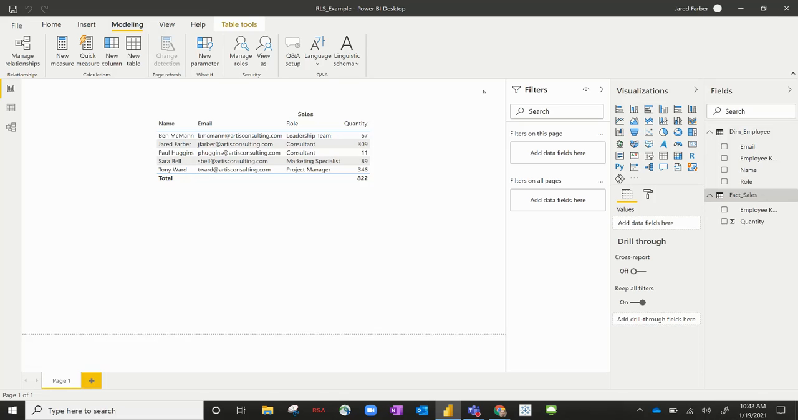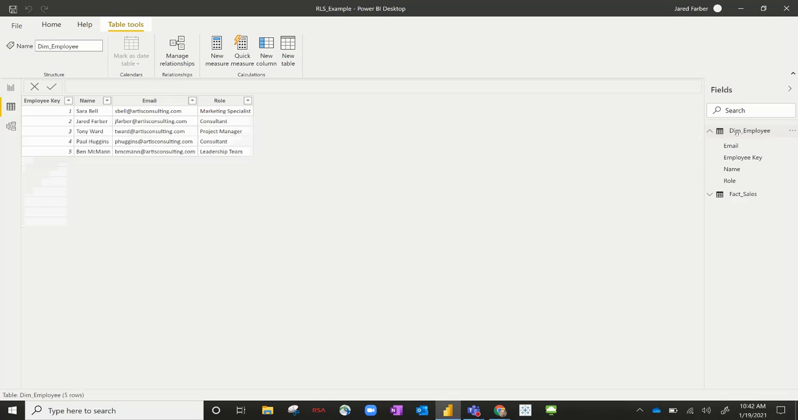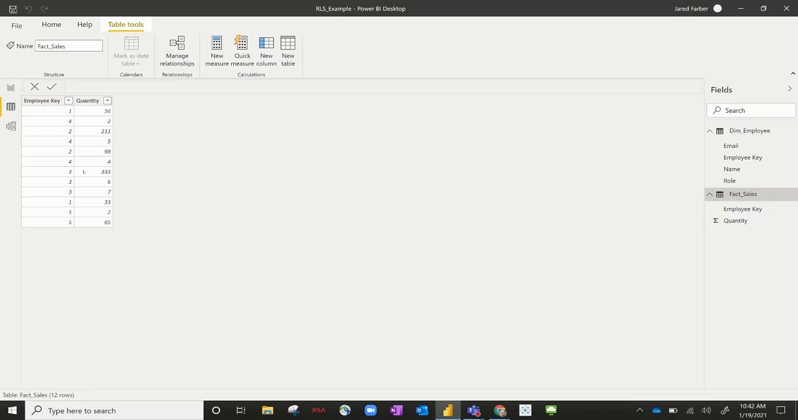So for this example, we've set up a fairly simple example. We've got a dimension table with employee information and a fact table with sales information. So I'll just quickly take you through those two tables. For our employee dimension table, we've got the employee key, the name of the employee, the email, and the role. And then for our fact table, we've got the employee key along with quantity, which are just random numbers,